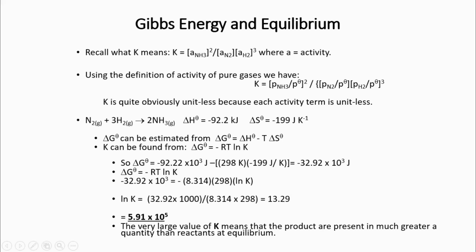Seeing that the value of K is larger than 1 indicates that the numerator, that is, the activity of ammonia gas, is larger than the product of the activity of nitrogen gas and hydrogen gas cubed. In other words, the numerator of the fraction is larger than the denominator, which simply means that